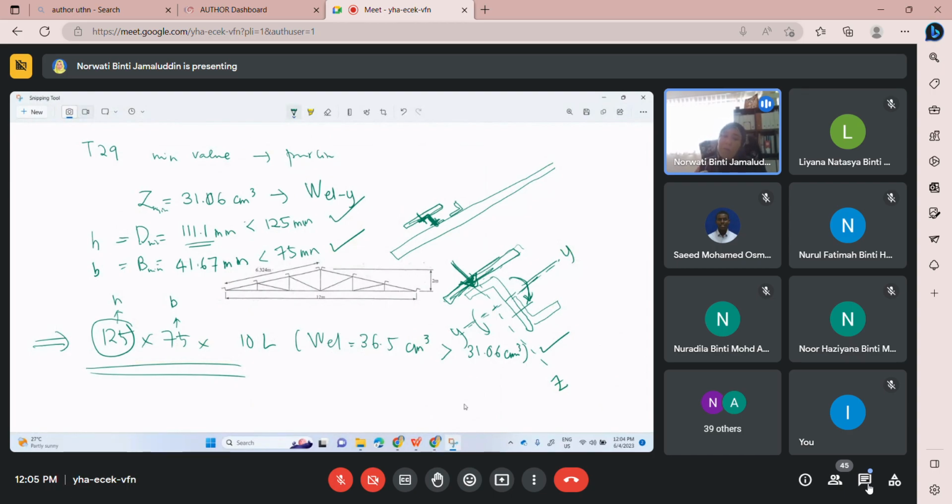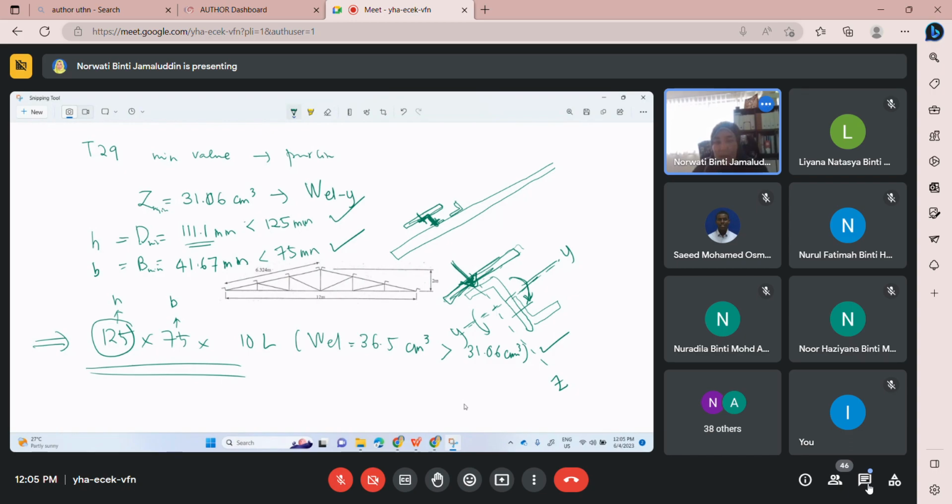I do want to talk about the cost. I want to compare 120 times 120 with 125 times 75. In terms of price, which one is more expensive? I do not want to go deeper than that in terms of cost. So to me, I prefer to use unequal because